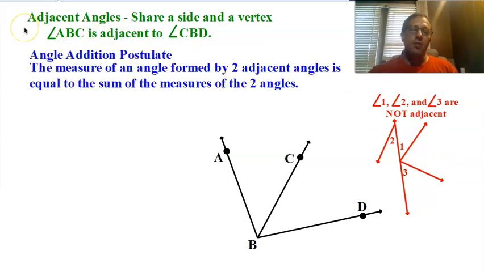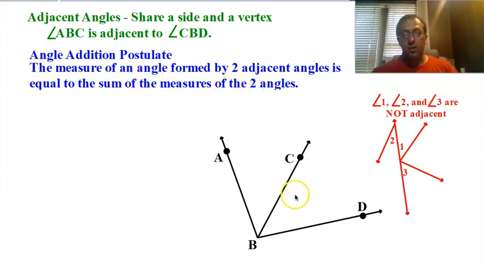This is the angle addition postulate. Remember, postulates were things where you're like, well, duh, that's obvious, and so we don't need to prove them. We just take them as fact because they've always worked, but we don't need a formal proof for this. This is much like the segment addition postulate. It says the measure of an angle formed by two adjacent angles is equal to the sum of the measures